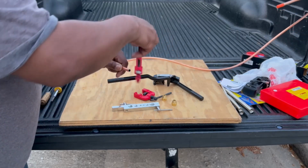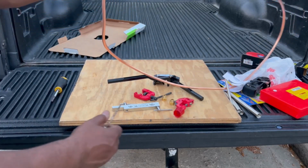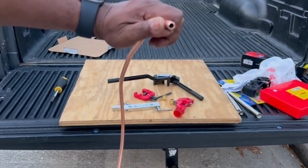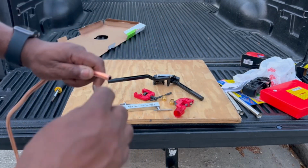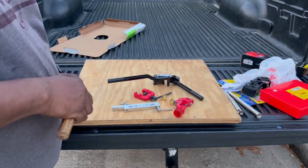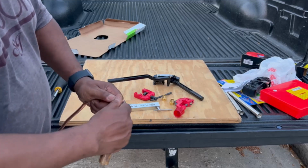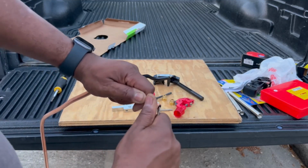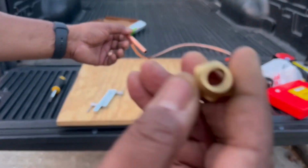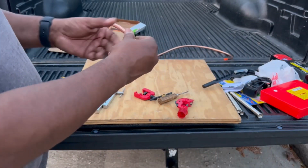I'd say about 10 turns and you're done, maybe less than that. And you can change those blades out also if they start getting dull. But what you want to do is get a file or a screwdriver or a knife, whatever you have handy, and just get that little stuff out of the middle. Just clean it out pretty good. You don't have to spend too much time on it. Once you clean it out, your next step is to put your fitting on. Make sure you put this on, because once you get the flare on, it's not going to go on. So put your fitting on first,